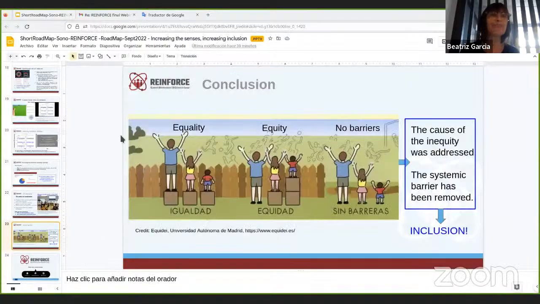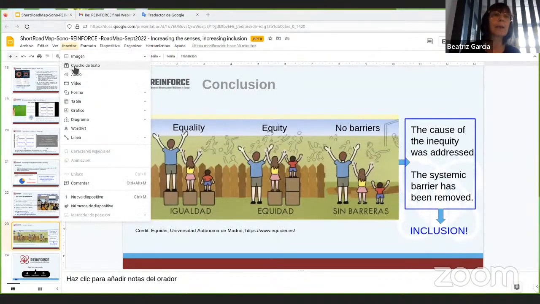Without volunteers, it's impossible to improve this kind of proposal, open source development like the software. And in the case of inclusion, if you permit me, I will share just one slide that we love a lot, which is this one.